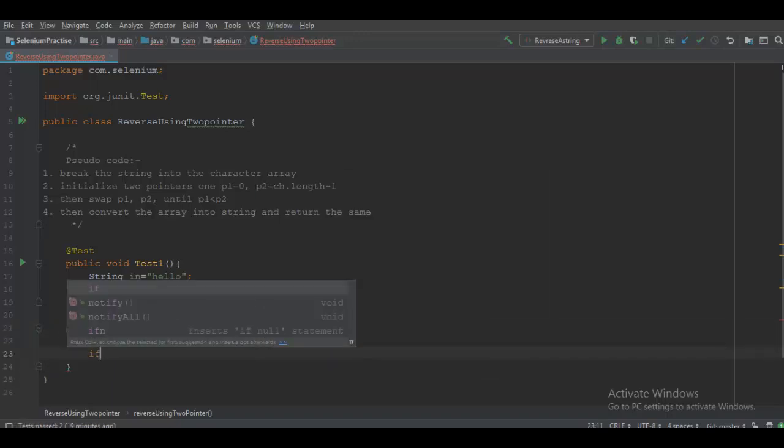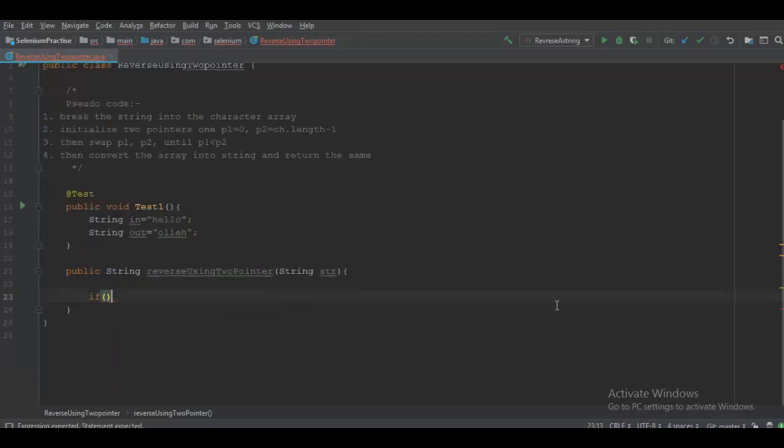Let's implement the same logic. If str.length is less than 2, we just return str because we don't have to perform any logic. Then declare two pointers, int p1 equals 0, p2 equals... Before that, let me break this into a character array.